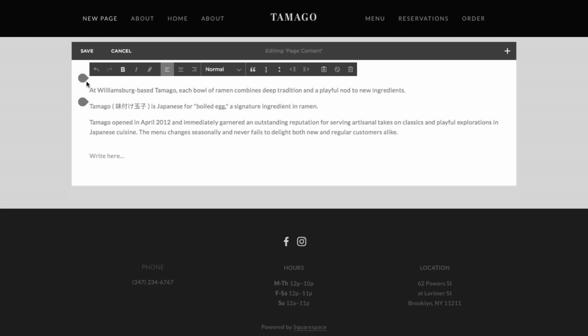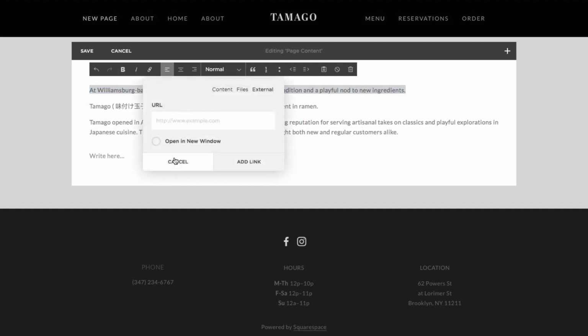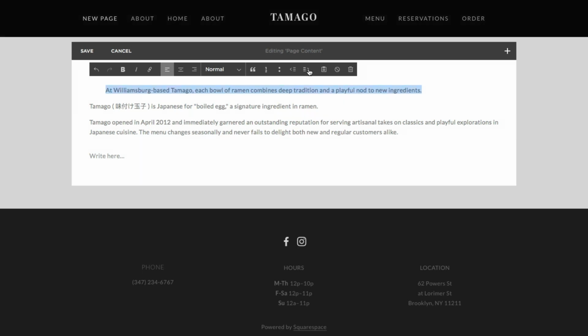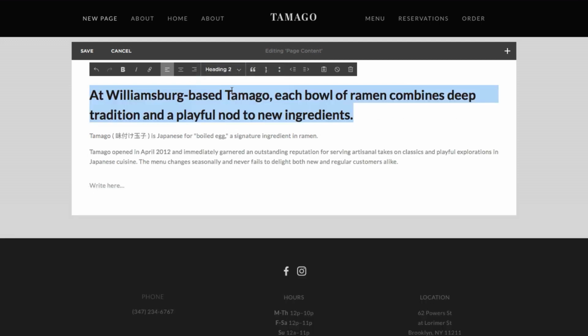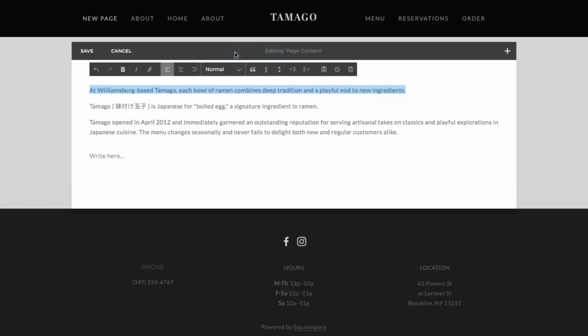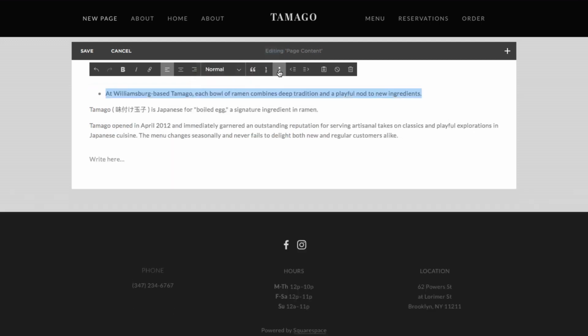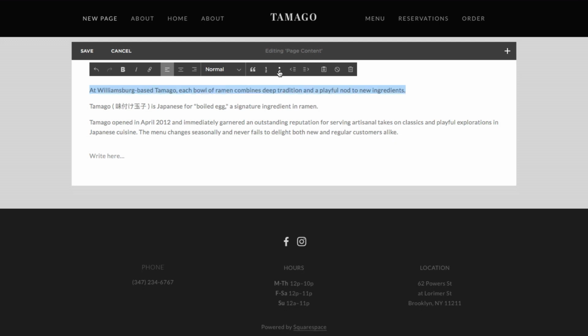To format text, highlight it with your mouse. Use the icons in the text toolbar for reformatting. There are standard options such as bolding, italicizing, linking, indenting, designating headings, and creating lists. Please note, when pasting text from another source, formatting can carry over that interferes with how text